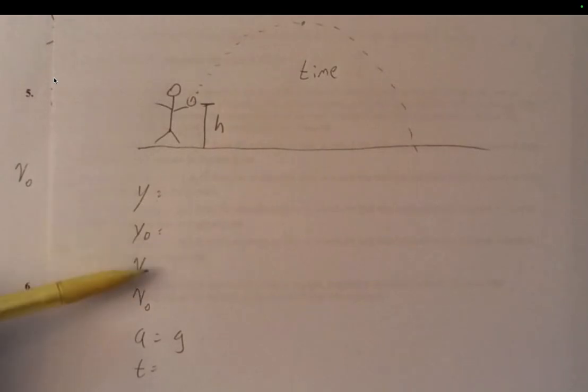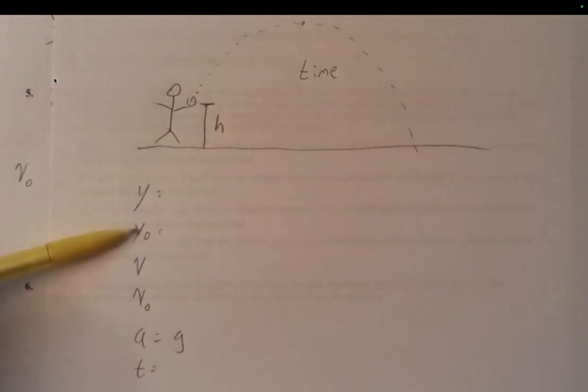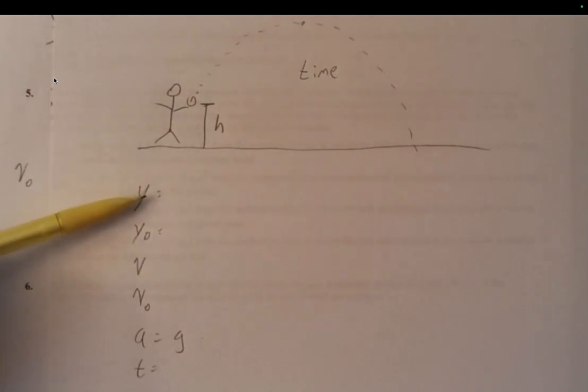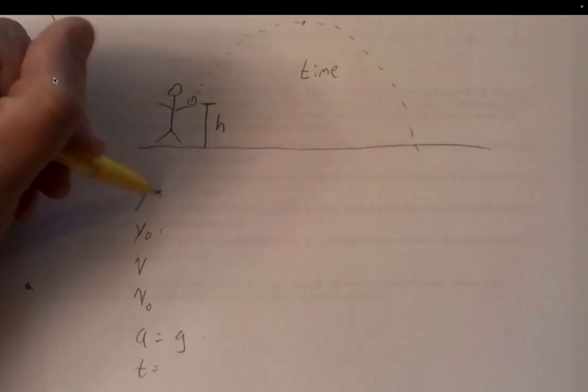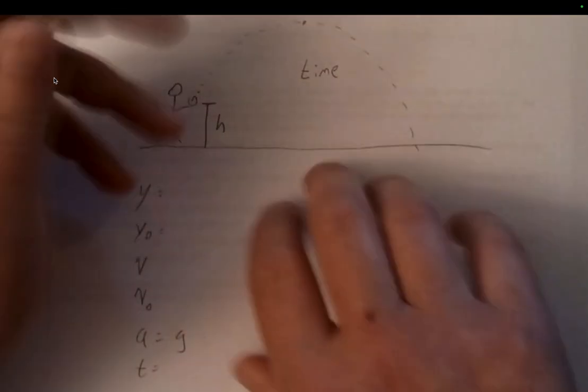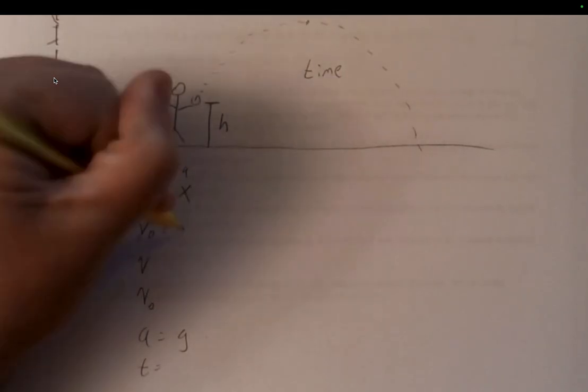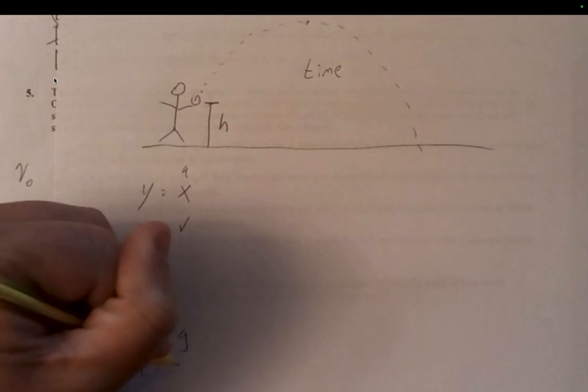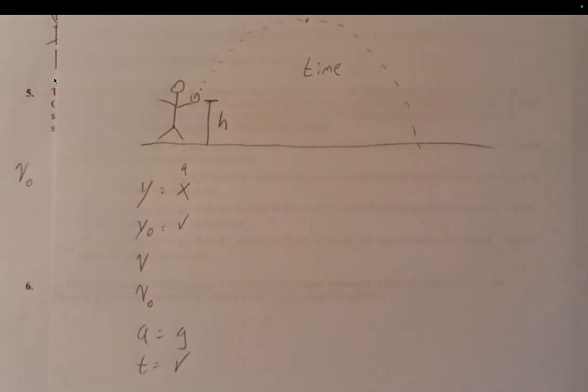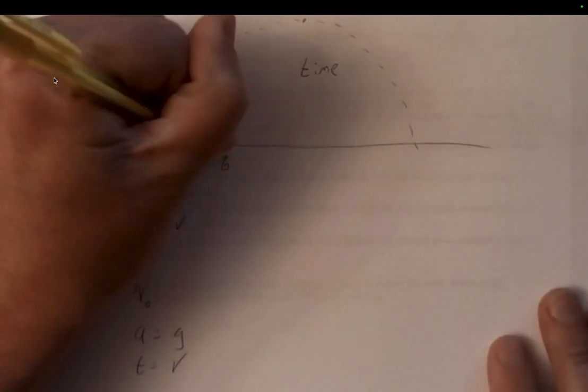But we wouldn't know the final velocity. We would know the starting, but we couldn't get the y. We couldn't get the height. So in part A, we couldn't get here. We could measure that. So in question B,